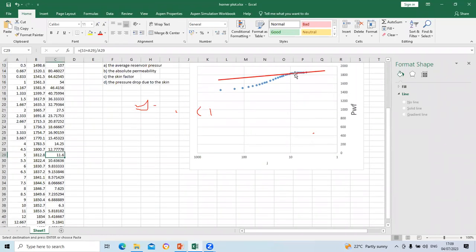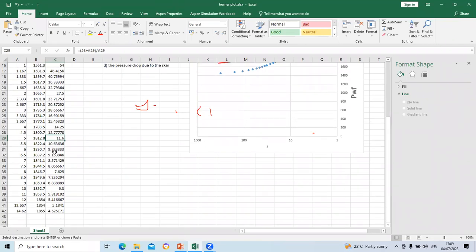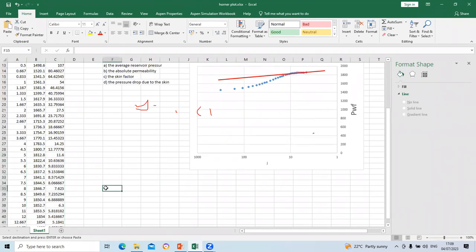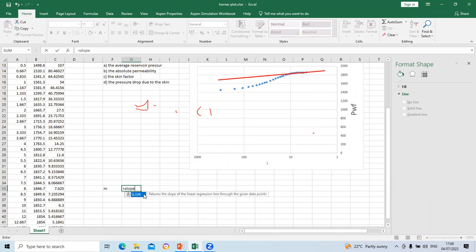That is all of these points on that straight line. All of these points, this and this. So I have to use all of this data now, that's what I have to use to calculate the gradient of that straight line. So I'm going to take my M is equal to, remember we calculated this the other day, slope